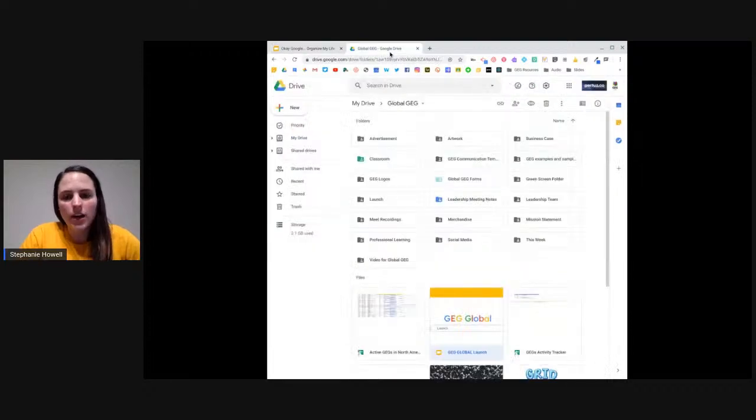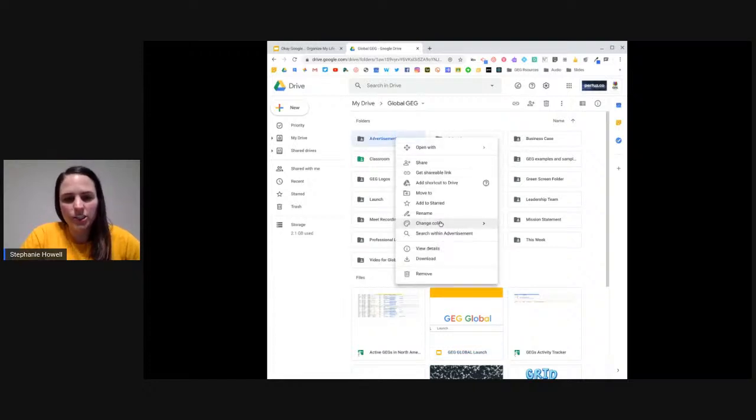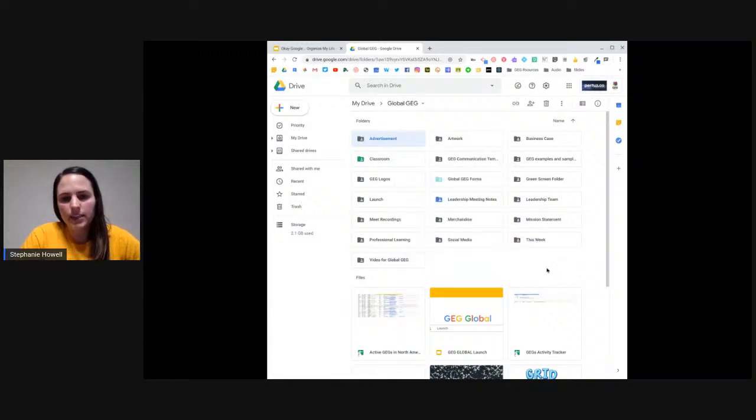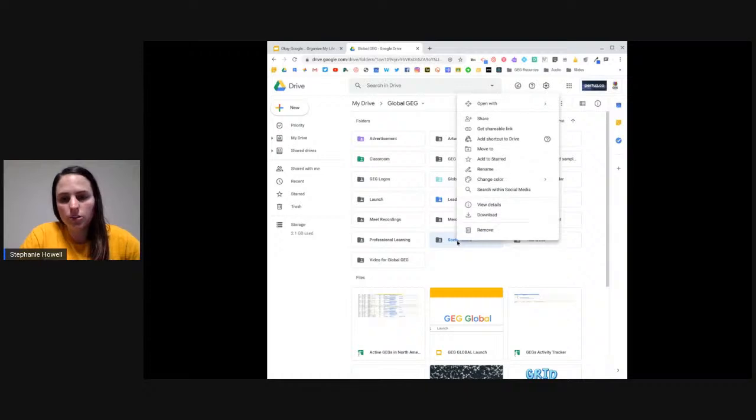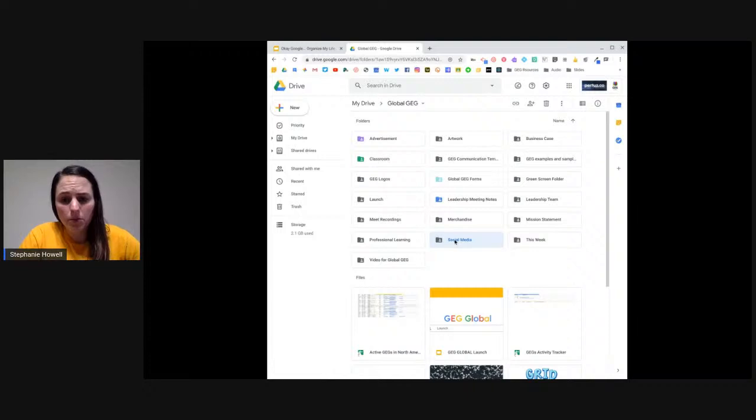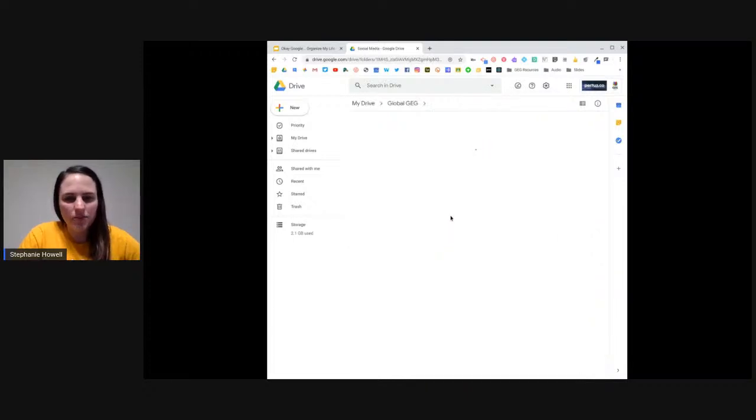So again, I'm going to go back to my drive, 2 fingers, 1 click. And then you go to change color, and I can pick any of these different colors, and now you can see it stays organized. However, once you pick a color, you cannot go back to the original gray color. So just know once you change the color, you can change it to any color, you just can't go back. Well, I guess you can. You used to not be able to go back, but it looks like we can. So again, 2 fingers, 1 click, and then change colors, and it will help you quickly find what you're looking for in your drive.